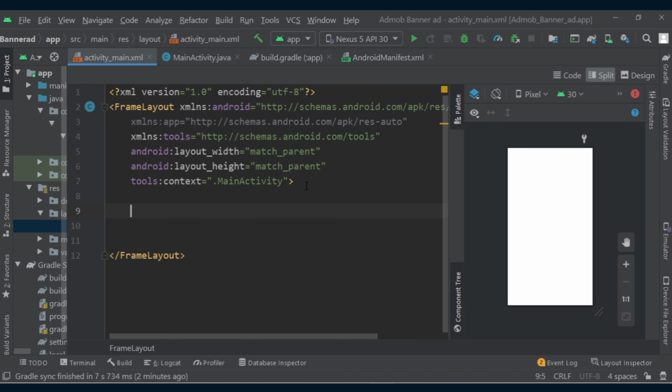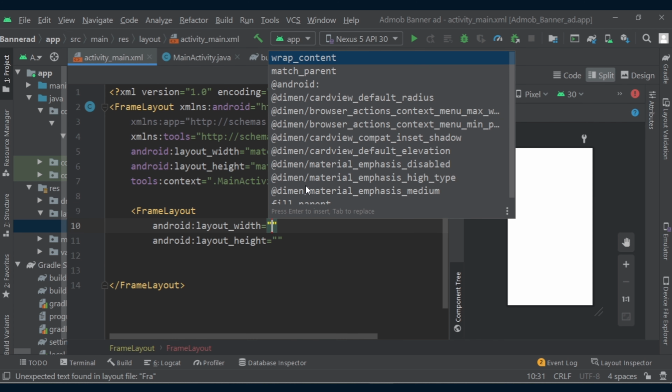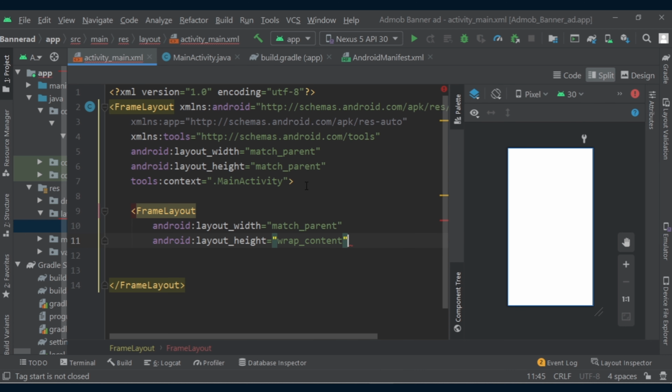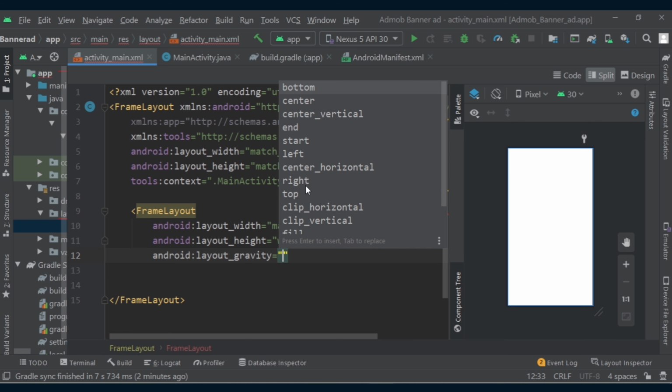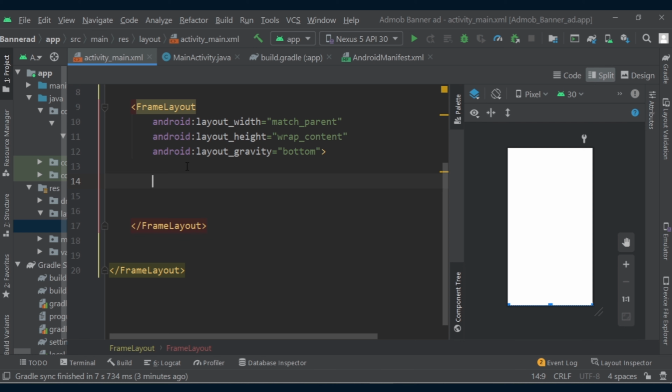Inside this we will create another frame layout. Let's give it a width of match_parent and height wrap_content, which will change with the size of the ad. Now let's also give it a layout_gravity of bottom, so it will show the ad at the bottom.